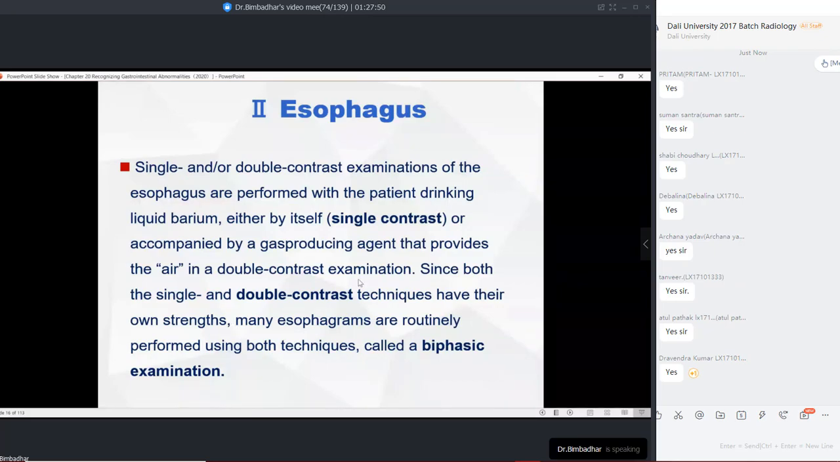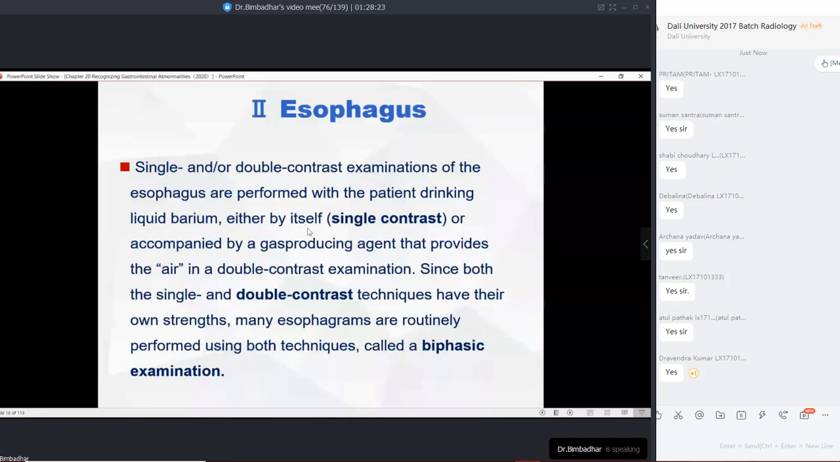Right. Okay. So we will try to start with the esophagus first. You need to understand one thing here: single or double contrast examinations, or sometimes both, are the ones prescribed for analyzing esophageal pathologies. What actually happens is that when the patient drinks liquid barium,